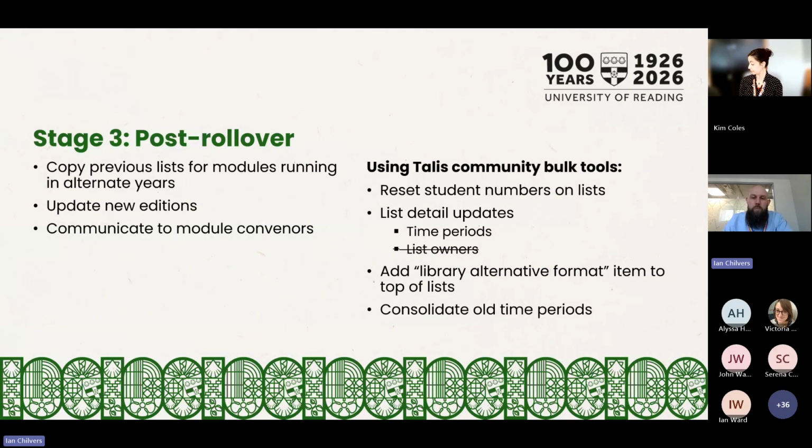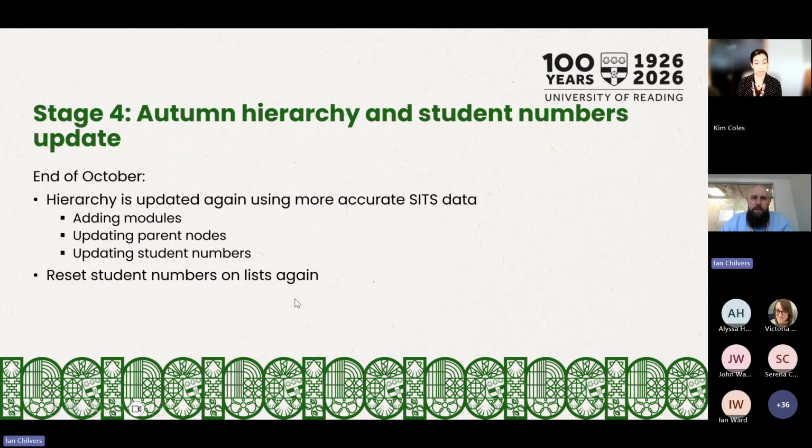So once we've moved all those onto one time period, we ask Talis to delete the time periods we no longer need. And because we've been doing this since about 2015, we had a lot of time periods. So it's very useful to get rid of some of those from our all list filter, time period filter. So we just have the academic year filter for that now. So that is basically the end of the rollover process, except